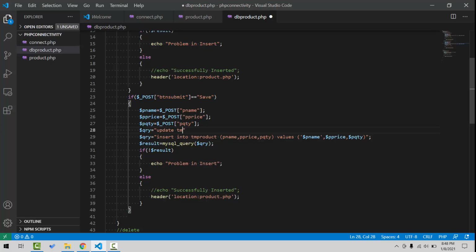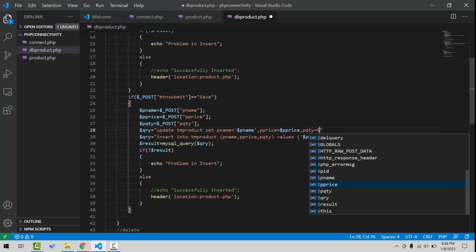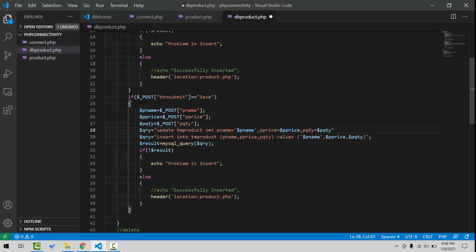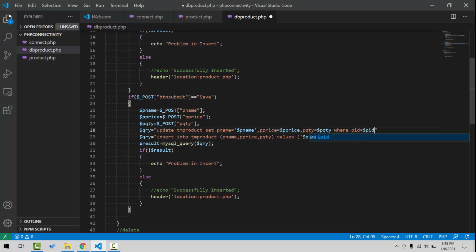Update tm product set pname equal to, in single quote, $pname, comma, pprice equal to $pprice, comma, pqty equal to $pqty, where product id equal to $pid,